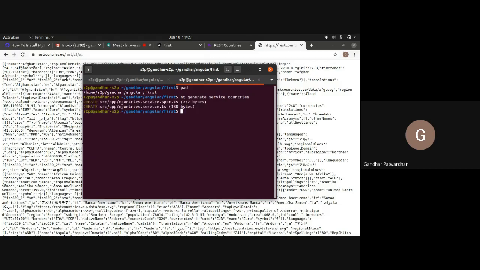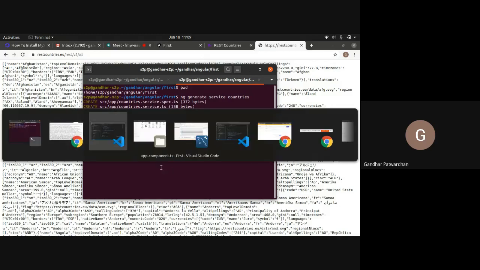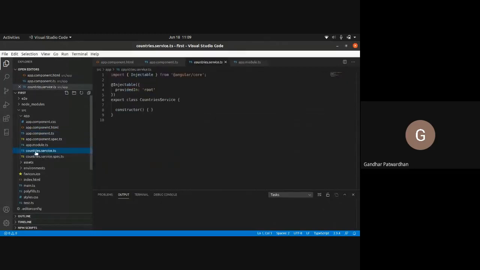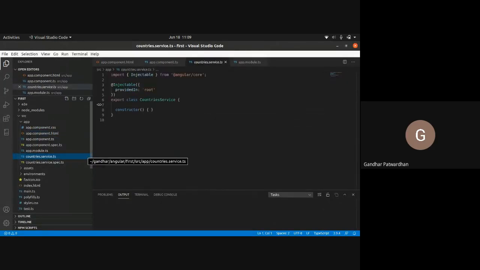This will create a countries.service.ts file in your app folder. So let us see in our app folder, as we can see, we have countries.service.ts. Now this service can be used by every component. As of now, just keep this in mind.